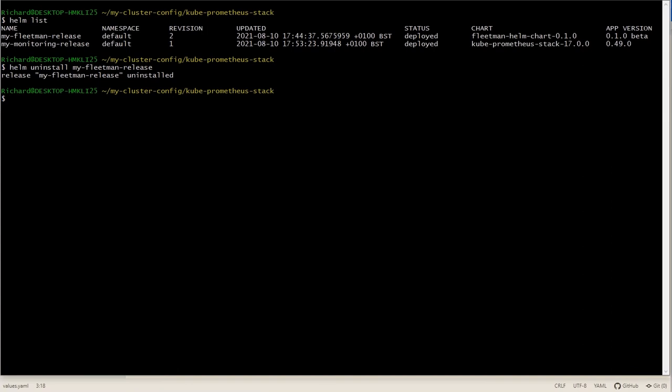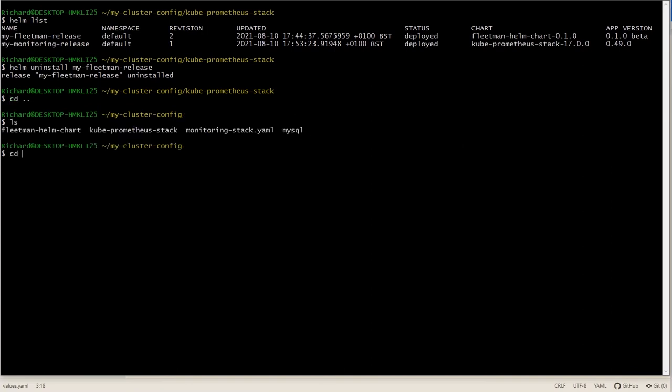So I'm going to install the Helm chart now. I need to be in the right folder, of course, so I'll change directories into the Fleetman Helm chart. And we're going to do the same as before. We'll do a Helm install. I'm going to give this a specific release name. This is going to be the development release, so we'll call it Fleetman-development-release. And we're in the right folder, so we just need the dot.